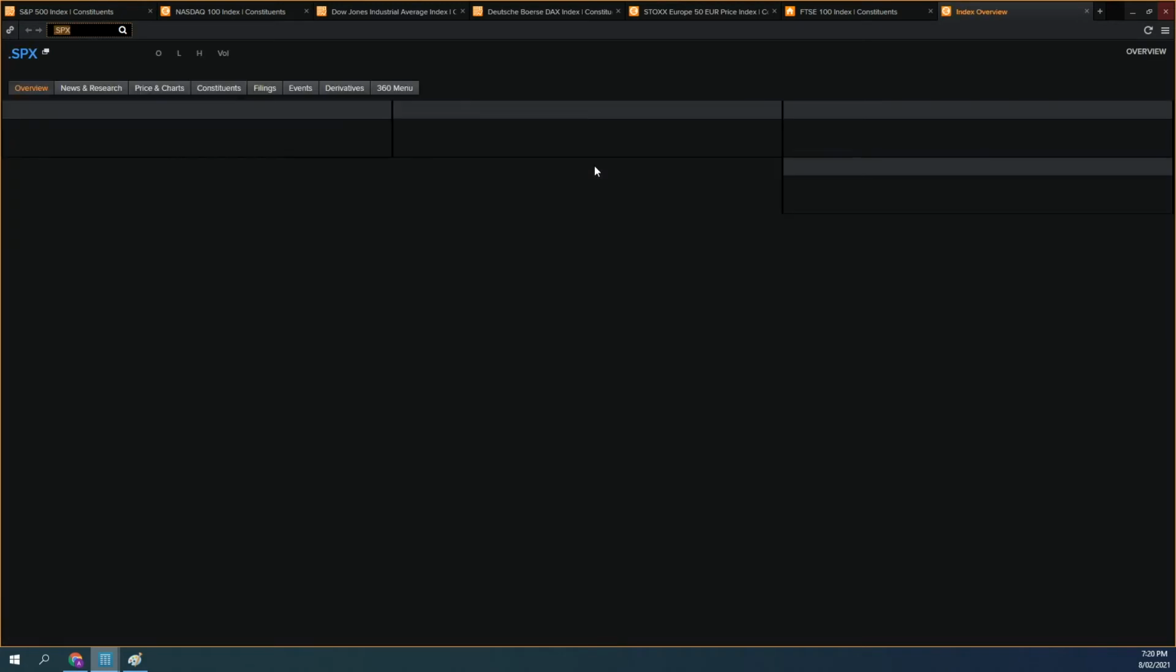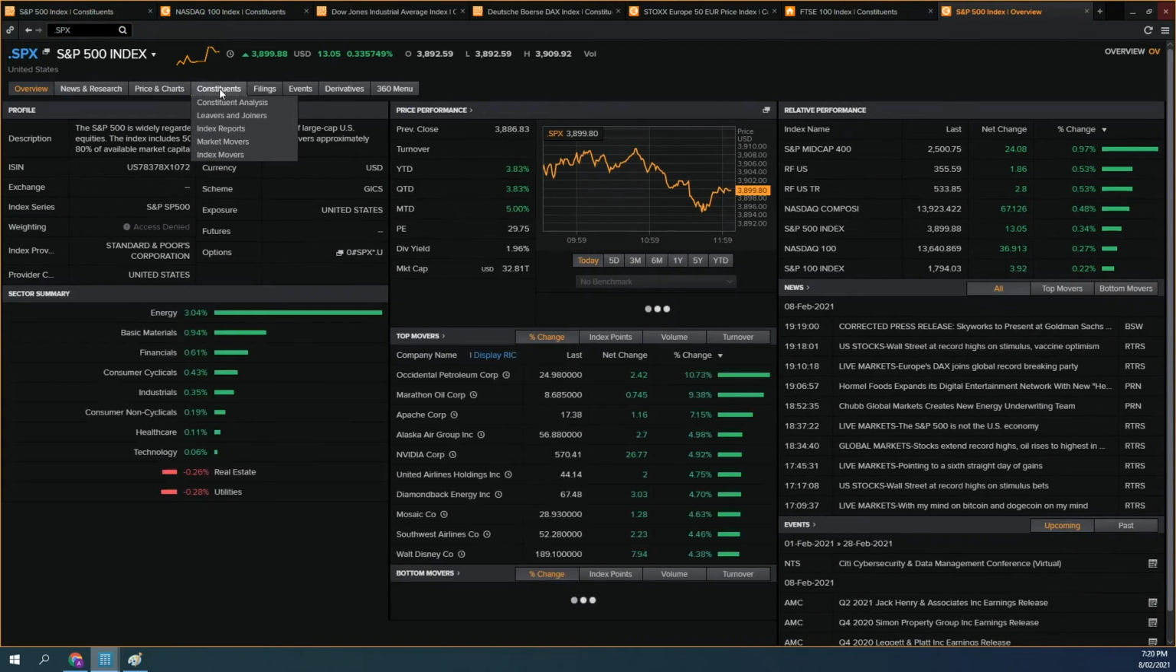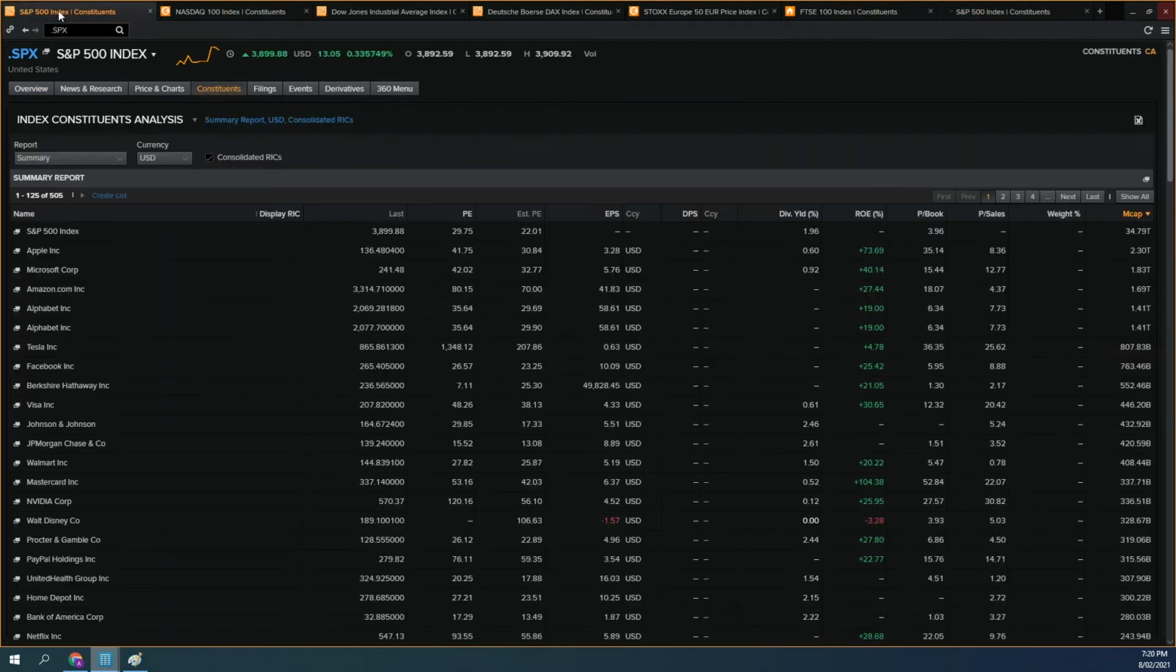Pop that on the screen, and you're going to see it opens up to an overview page. And from the overview page, you want to go and select the constituents option. Now, once you've done that, it'll take you to this page that you can see over here. And make sure that you have the summary option selected. And there you can see right on the right-hand side, there's a very handy option there called MCAP or market